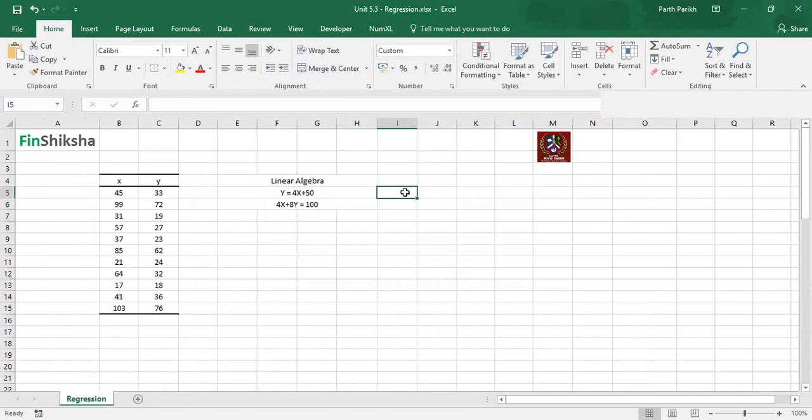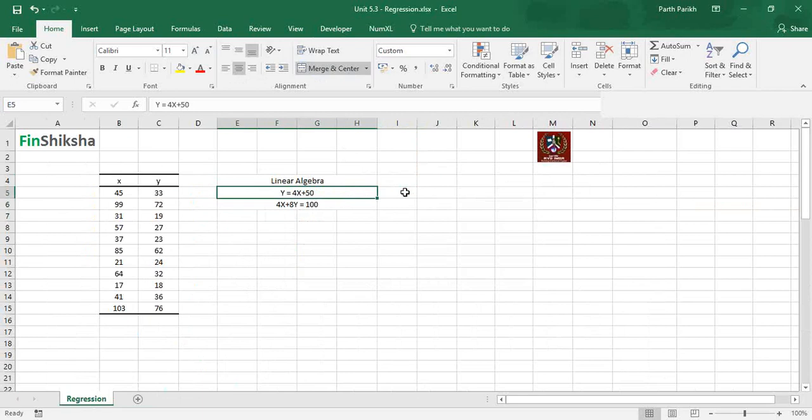Now the meaning of a linear equation also means that I can draw a simple straight line. It's not like a curve. I can simply draw a straight line using x and y. So when I have a graph, I can form that particular line. All right, so that's the primary premise which we are going to work with.